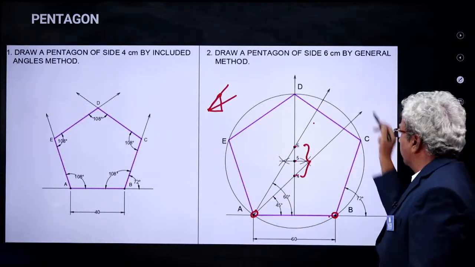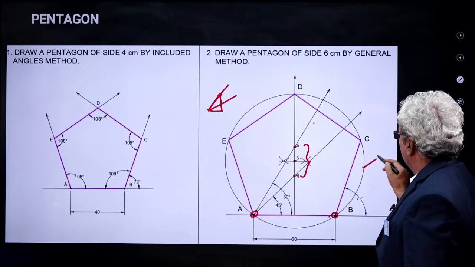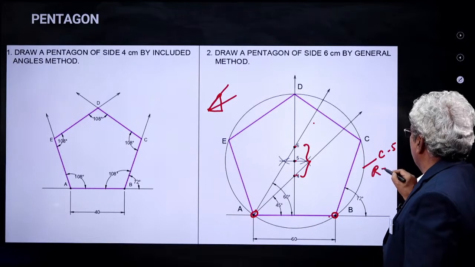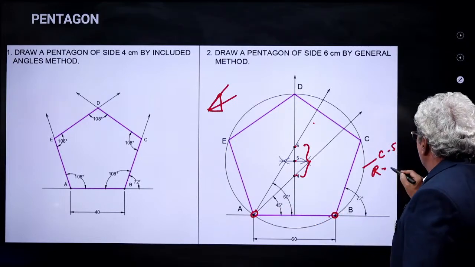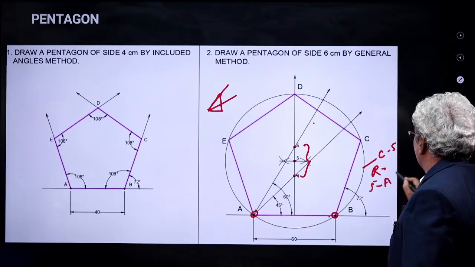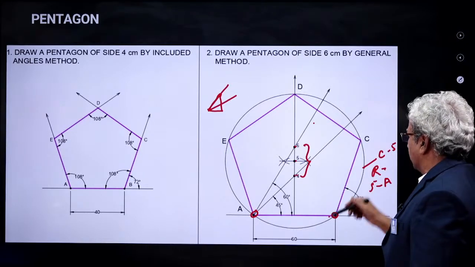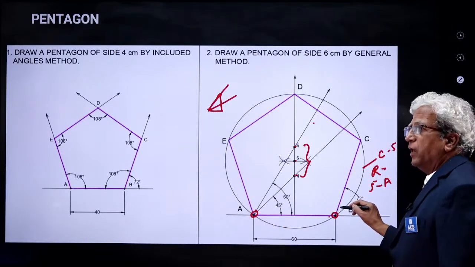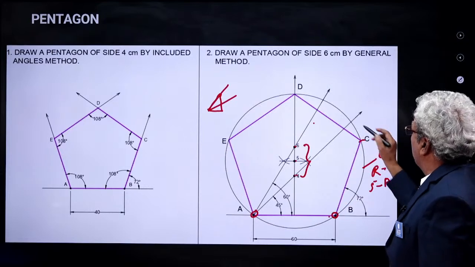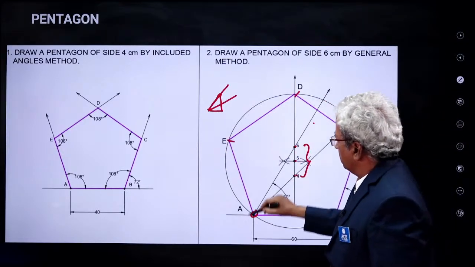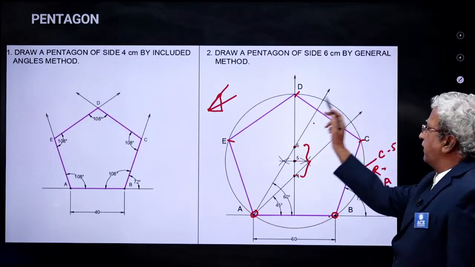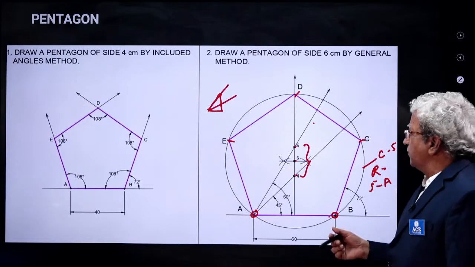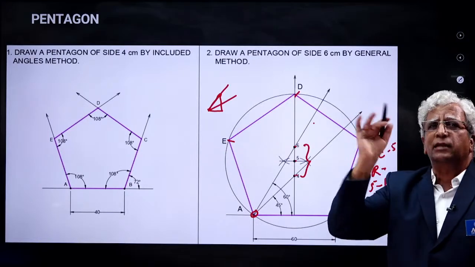How? Just after drawing the circle, for example, this is the case of a circle with center 5 and radius 5 to A. After drawing the circle, you just take the distance AB, and with that you go on cutting arcs on the circle and you will get the required pentagon. So this is why it is called the general method, because with this method you can construct any number of